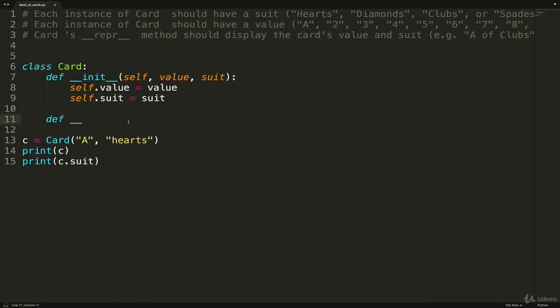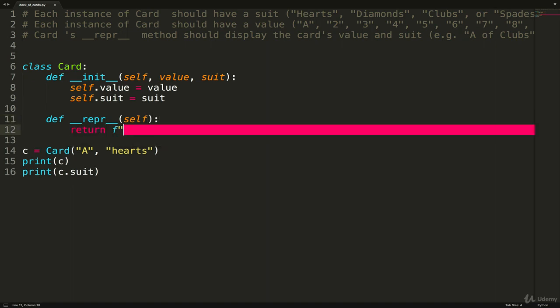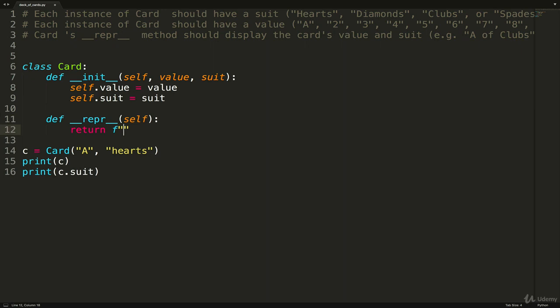All right, so that is repr, self. And let's just return an f string. I should mention that if you are trying to get the test to pass that I provided for this exercise, as of now, basically January 1st, 2018, Udemy's coding challenges don't support Python 3.6, which is where f strings are introduced. So you actually need to use .format.